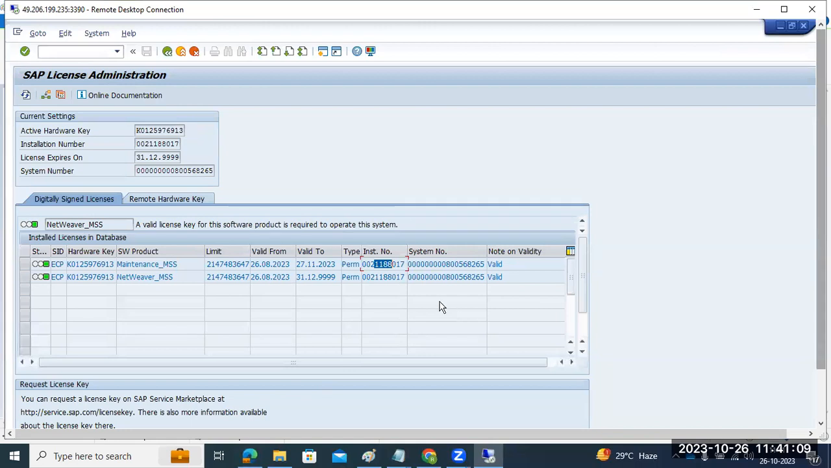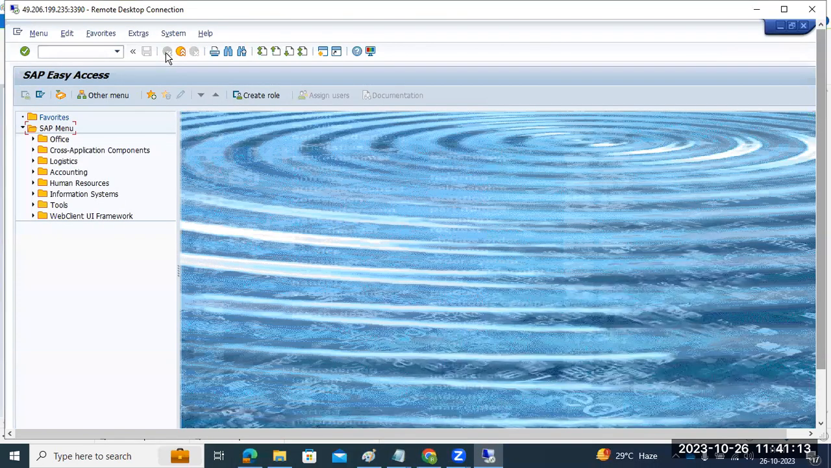Okay, got it? Any questions? Small topic. SLICENSE is the transaction code to apply the license. Any other questions? Anyone? So first, whenever you are applying the license, we need to first